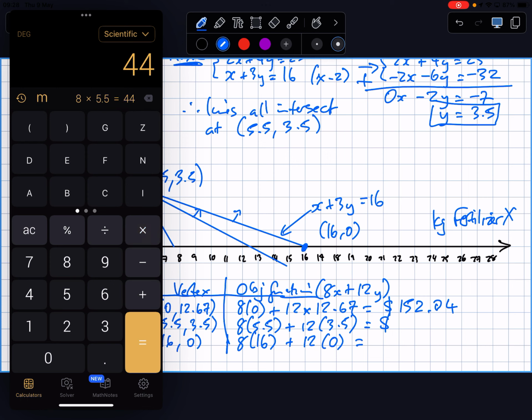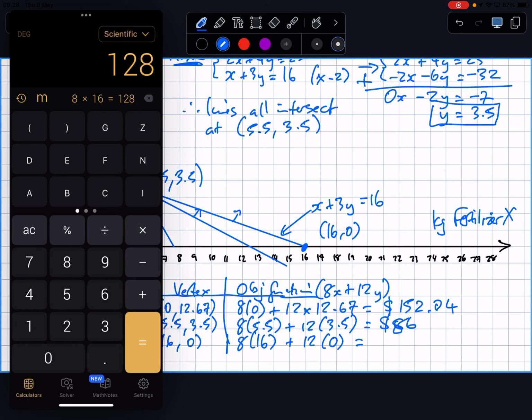I need to write that in my hand. The calculator doesn't do BODMAS properly. 44. 12 times 3.5. 44 plus 42, 86 is the next price. Then the last one, 8 times by 16,